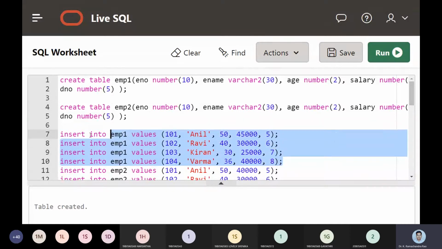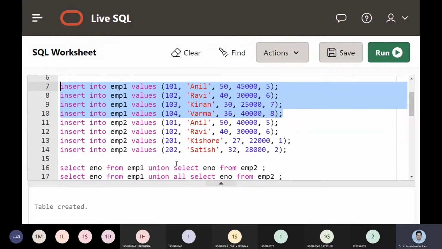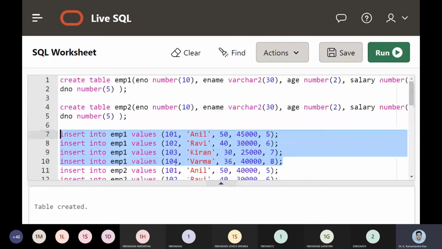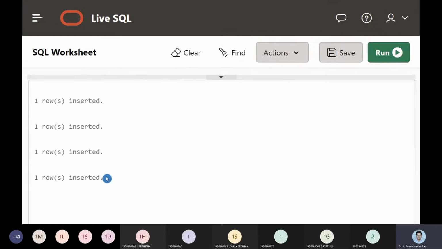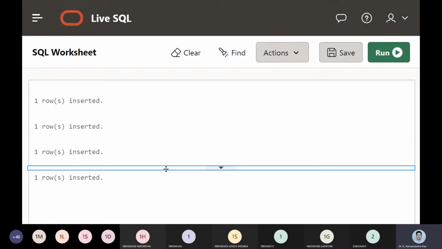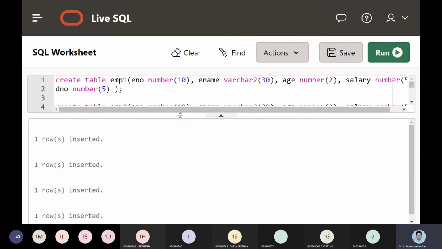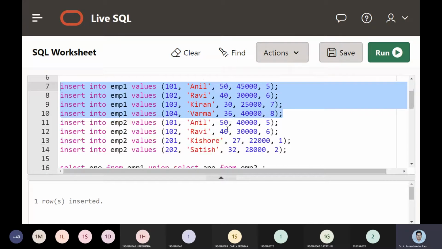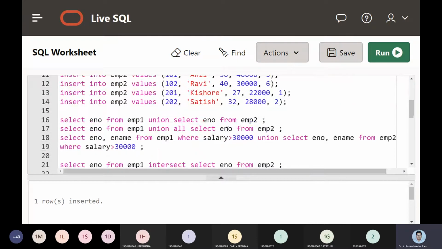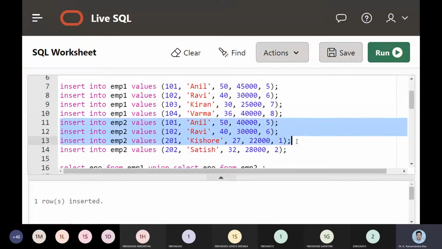Later on, I am taking 4 insert commands, 101, 102, 103 and 104, Anil, Ravi, Kiran and Varma. So hitting the run button. Now you can see that row 1, row 2, row 3, row 4 are created. Fine. After that, let us see the insert operation, the data manipulation language command.